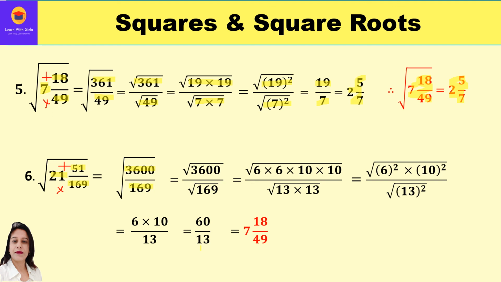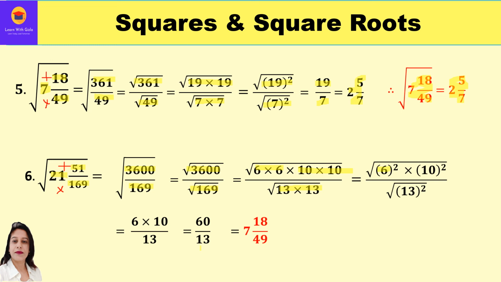Now we have to find the square root of this number. First of all, apply rule 2 and split it into two parts. Root of 3600 upon root of 169. Further, I know that 3600 can be split by using rule 1 also. So it is actually 36 into 100. 36, the factors are 6 into 6, and 100, the factors are 10 into 10. And further, 169 is 13 into 13.